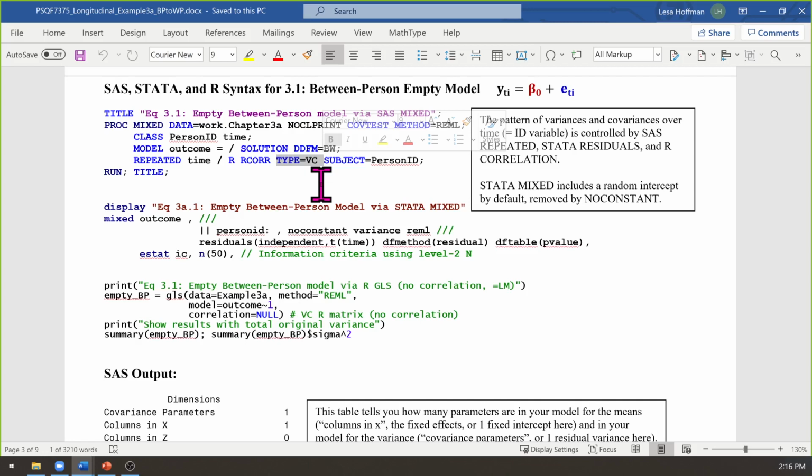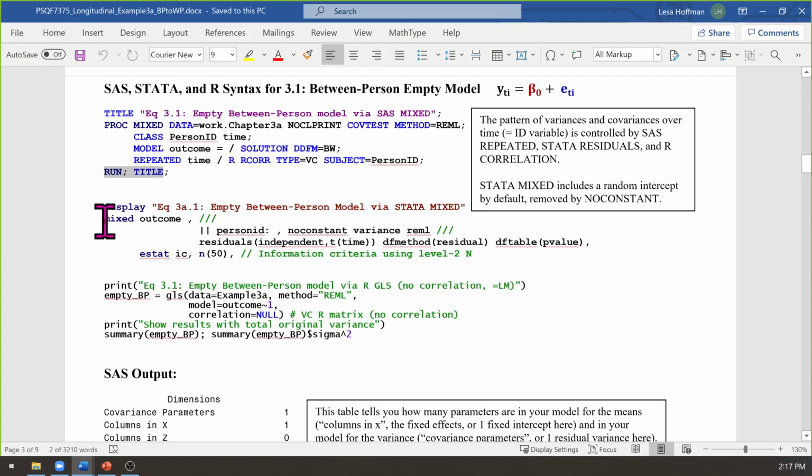This is general linear models. That's what E is. So you've actually been making a choice as to what E is in those models without even mentioning it, because that is a default. If you don't have this line in here, that's what you get. And then run, of course, makes it go.